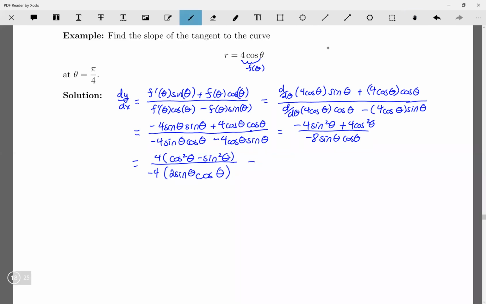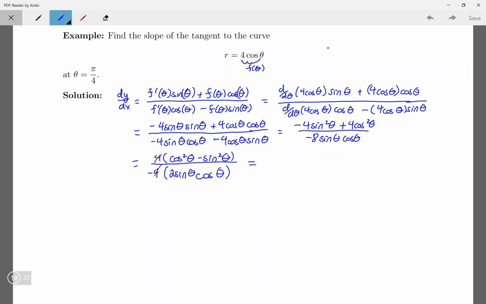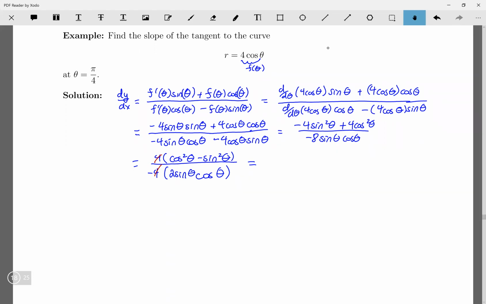Cosine squared, so what's going to happen here? The 4s are going to cancel, right? And cos squared minus sine squared is cosine of 2 theta, right? And 2 sine theta cosine theta is sine of 2 theta. If you're really adventurous, you could write that as negative cotangent 2 theta, but I'm really going to use